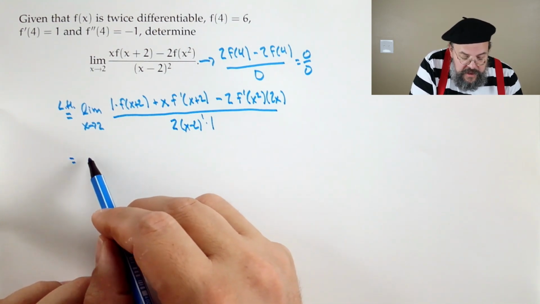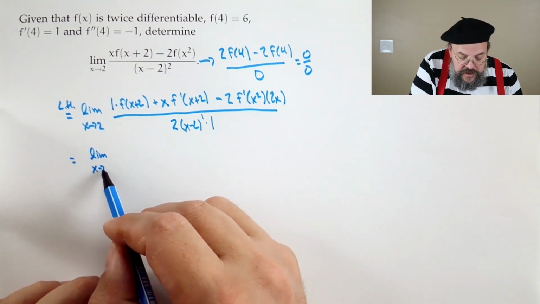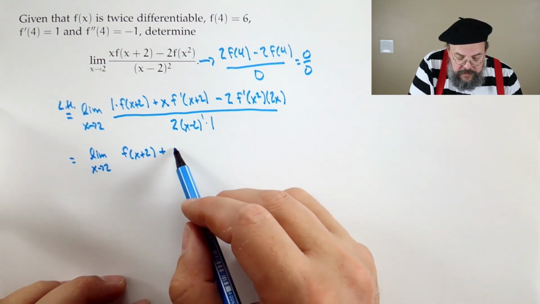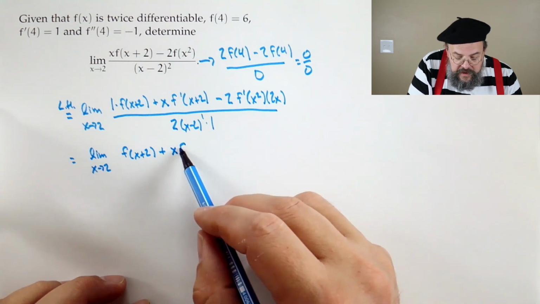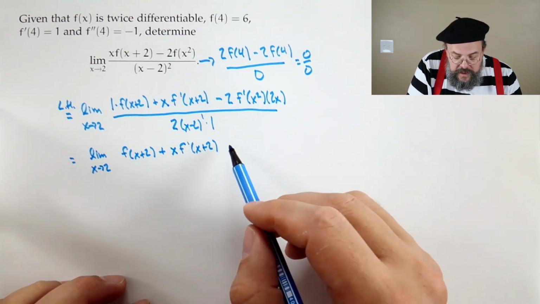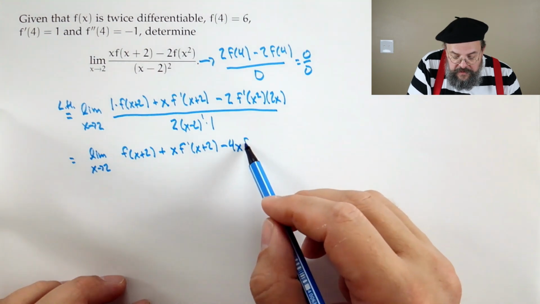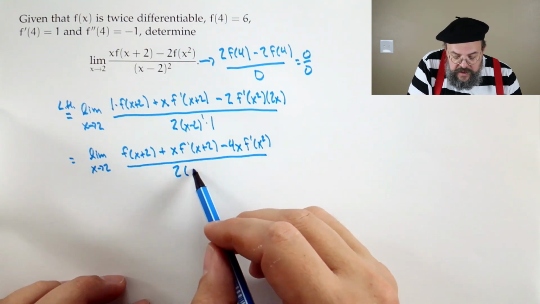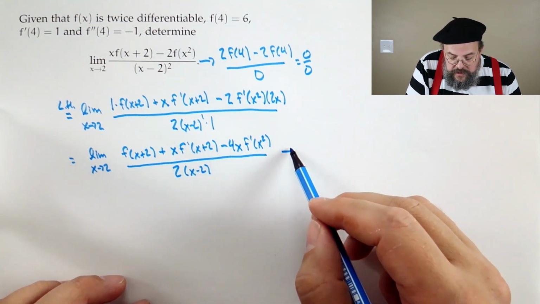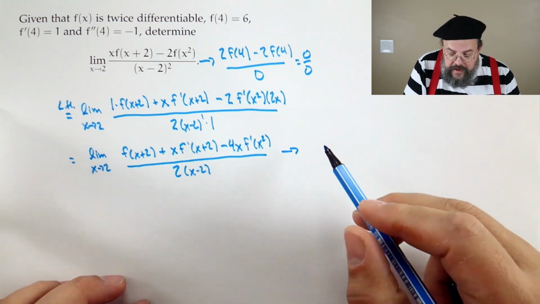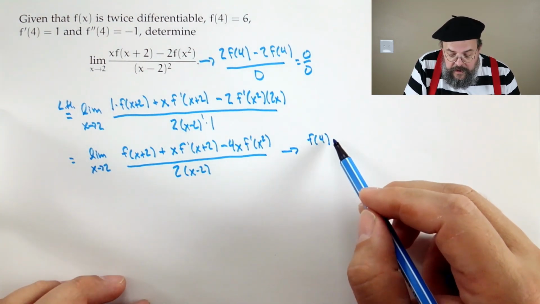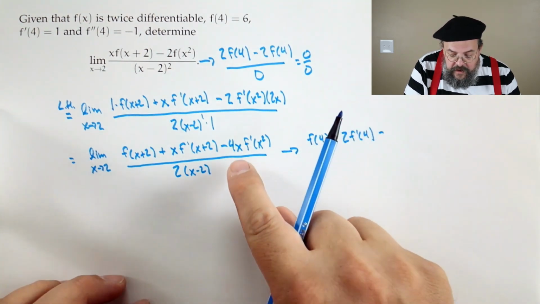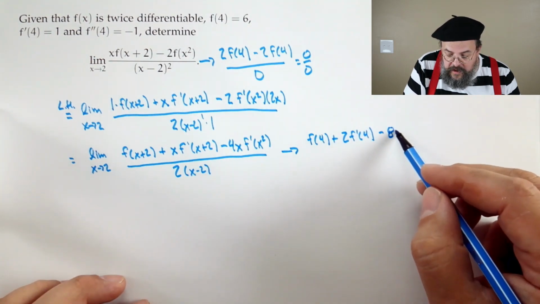Okay, so let's clean that up. So that's the limit as x approaches 2. And there's not really a lot to clean up here, but we'll just make it look a little bit nicer. f of x plus 2, x f prime of x plus 2, then minus 4x f prime of x squared, all of that divided by 2 times x minus 2. So what is that going to? Well, we plug in 2. So that's f of 4 plus 2 f prime of 4 minus 4 times 2 is 8 f prime of